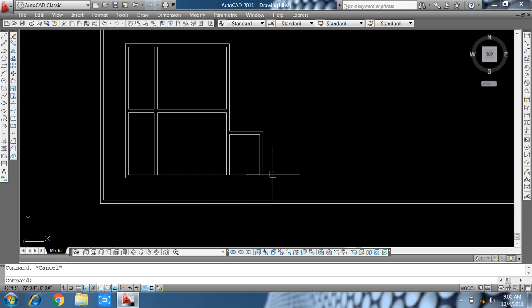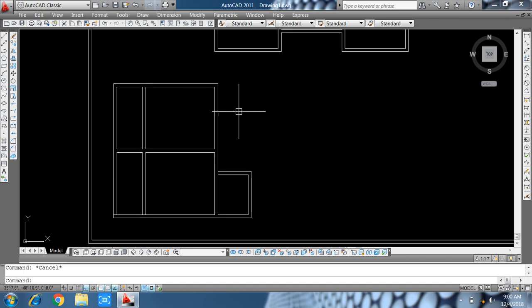19 feet offset, 19 feet from this point to that point, 19 feet and offset 9 inch. Okay, right. And 7 feet offset, 7 feet right, offset 9 inch, and delete that point. 3 feet 6 inch, offset 3 feet 6 inch,